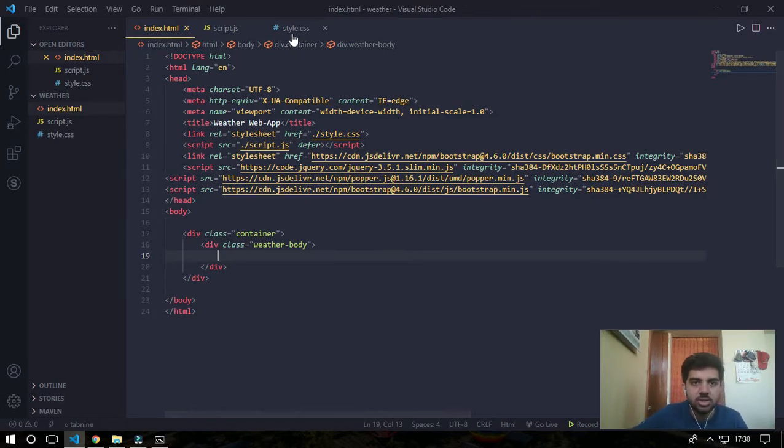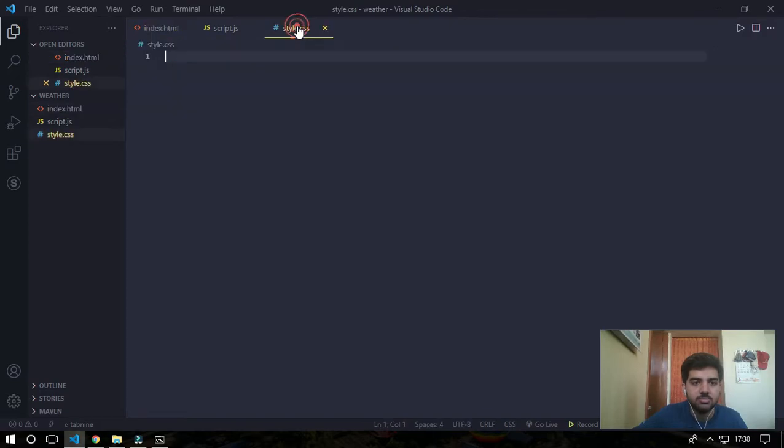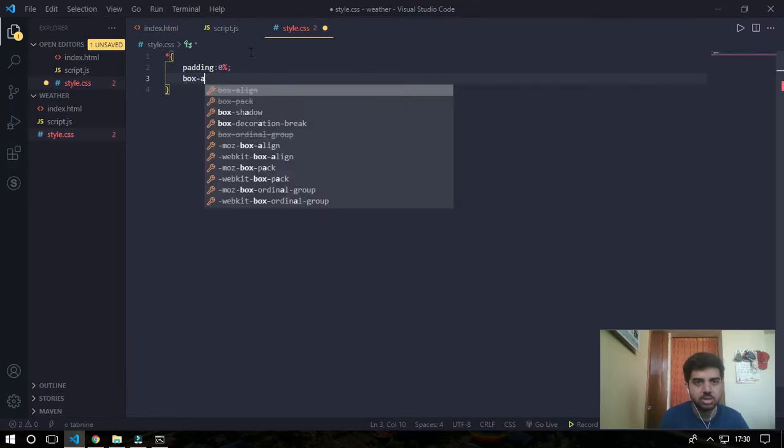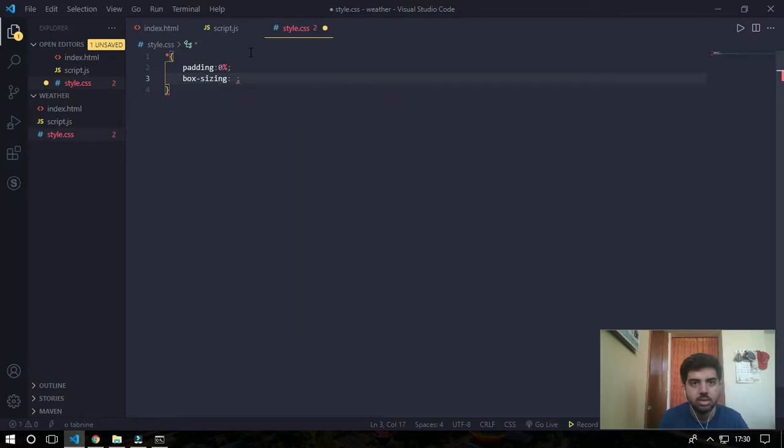First I'll go to style.css and style some basic requirements. Padding 0%, then box sizing, I'm sorry, border box.